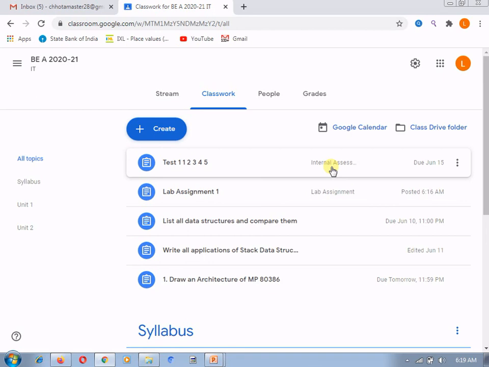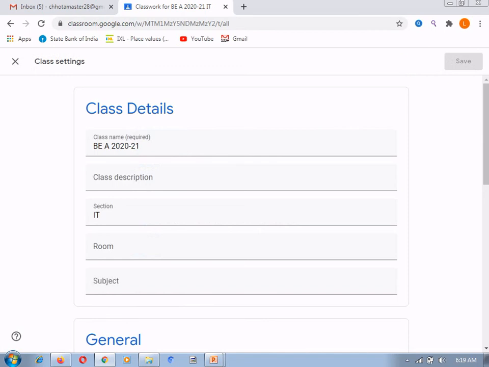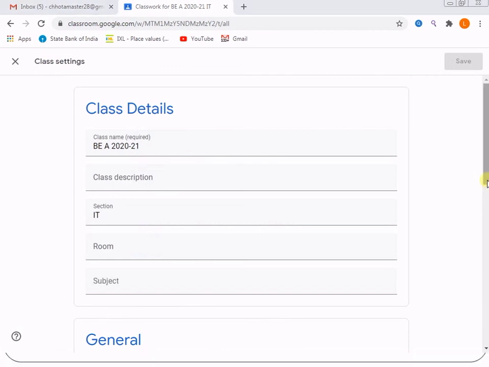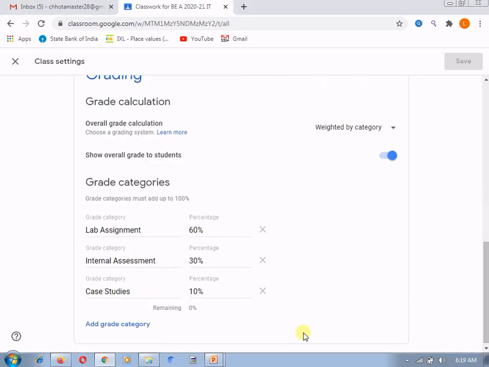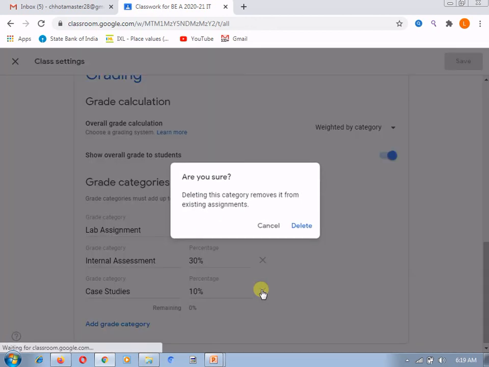How it is useful, I will explain when I explain the grades part from these different tabs. Currently we have just seen how to add the category, and if you want to remove it or update it, you just go back to the settings and go over here. Suppose now I don't want these case studies, I will delete it.